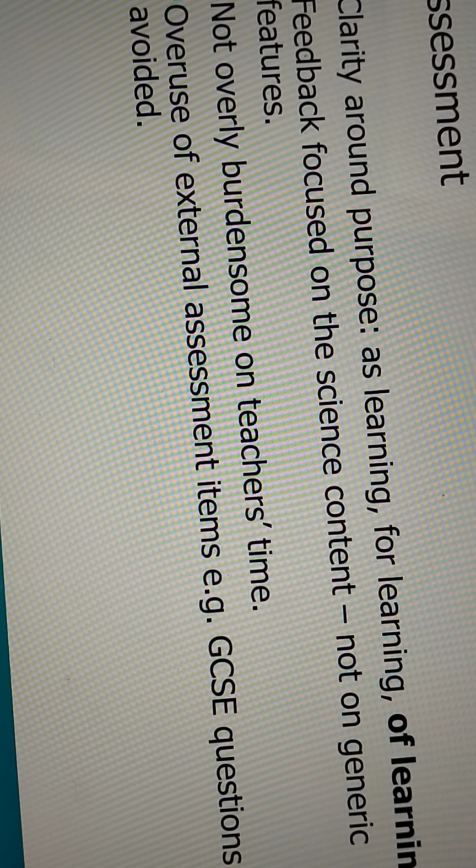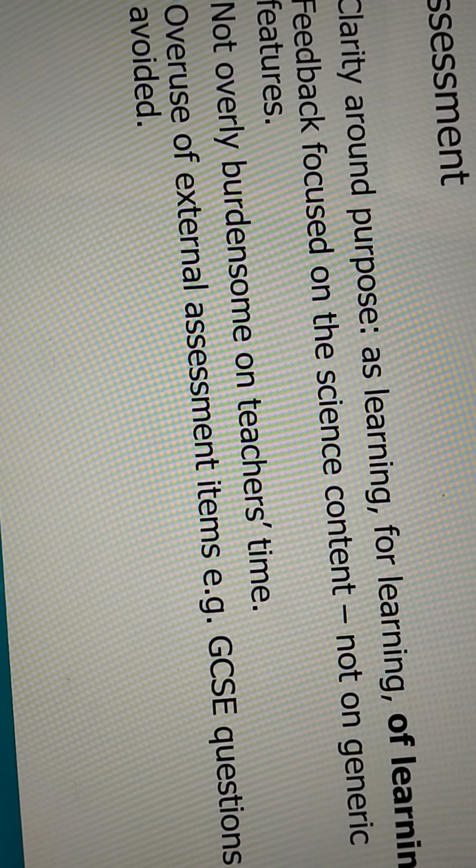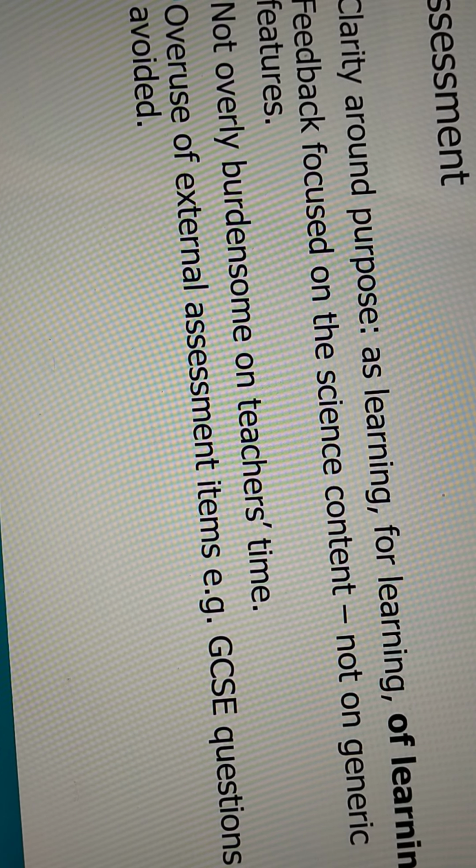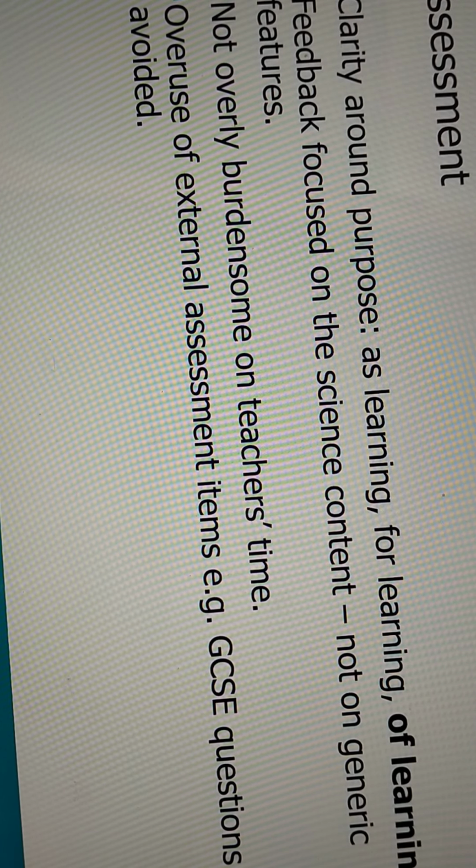And we also flag some of the challenges of overusing external assessment items. So, for example, GCSE questions which are inappropriate, appearing too early on in a child's education, where these are really meant to assess pupils at the end of year 11. Okay, so we've covered